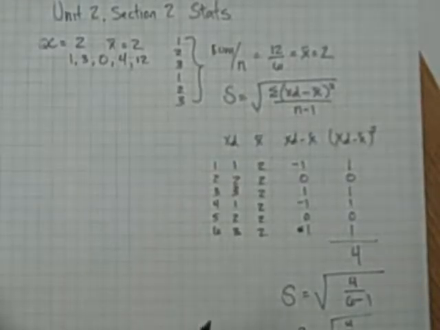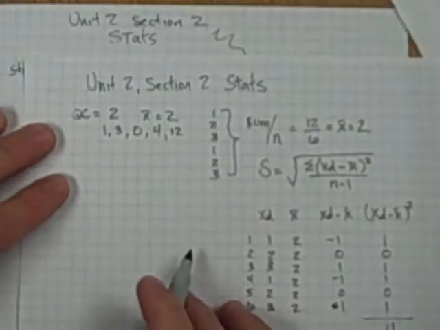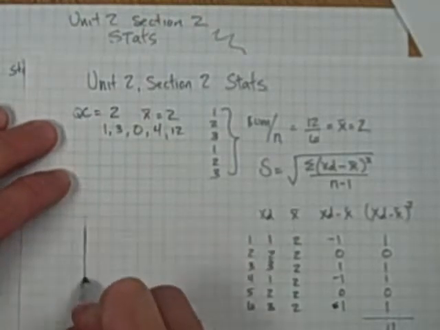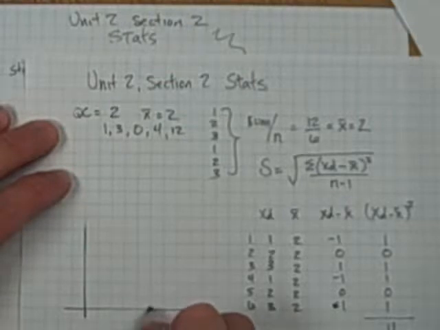Alright, statistics part 2 here. So we just barely got done talking about how we find a standard deviation. So now what we're looking at is what would all this look like if we were to graph it out. So if I were to make a simple graph, and let's say my middle point is going to be my